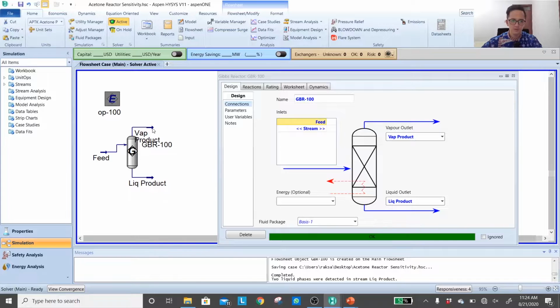You probably notice that without having to define any other parameter, it already gives us a green bar, which means it has already converged. Energy is optional. If we don't define any energy stream over here, that means it will be modeled as an adiabatic reactor.